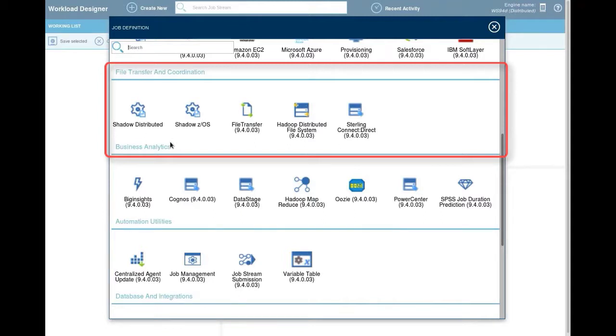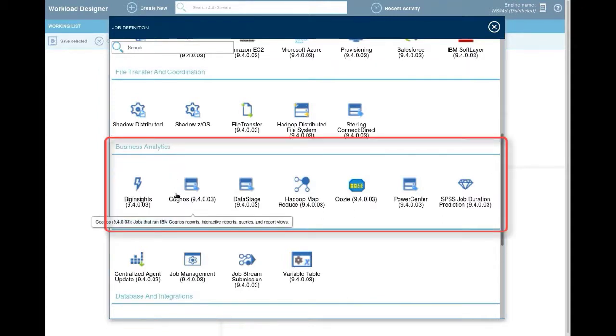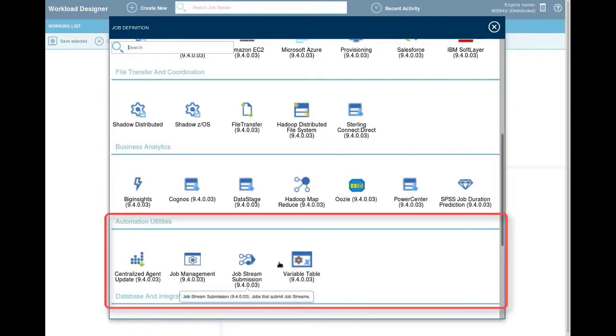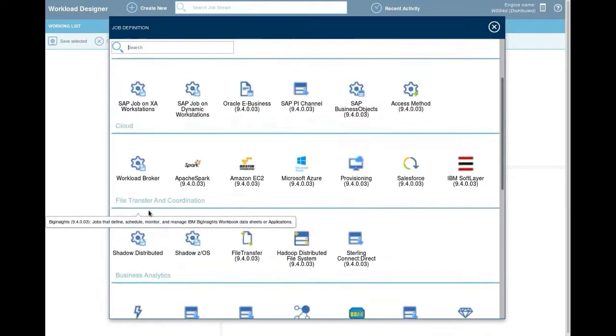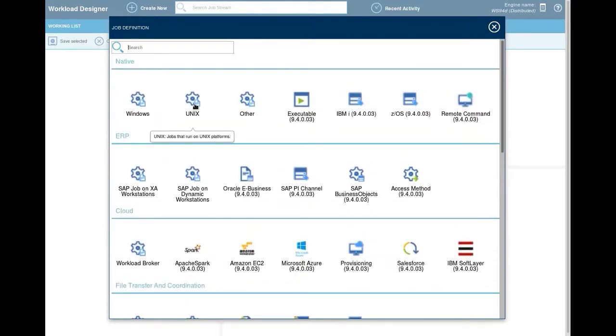The next category is business analytics. This includes job types for Big Insights, Cognos, DataStage, Oozie, PowerCenter, and other BI applications. Next are the automation utilities. These are used for internal processes and includes the centralized agent update that allows you to schedule upgrades of your agents. There are more job types available, but in the interest of time, let's skip forward and create a Unix